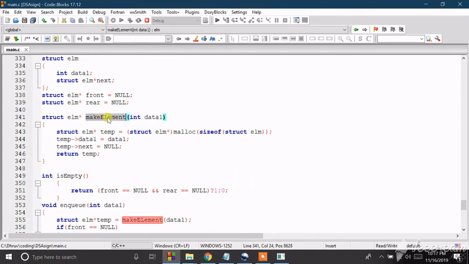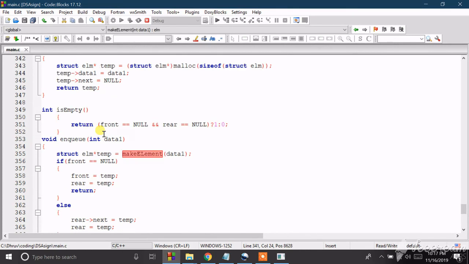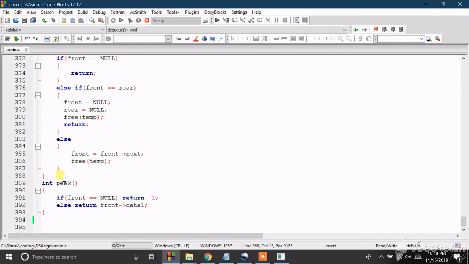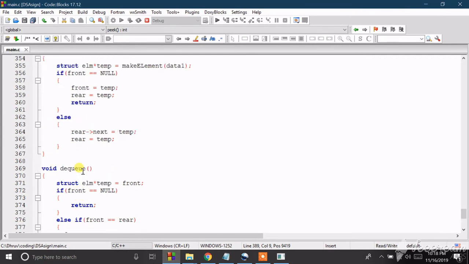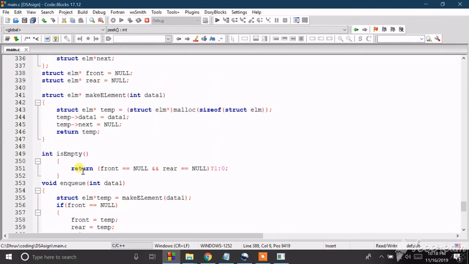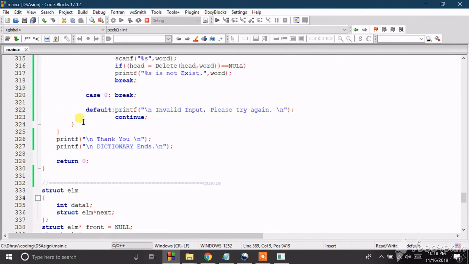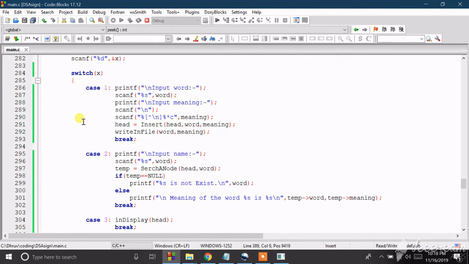It has functions like make element, which allocates the memory to the node, is empty to check whether the queue is empty or not, enqueue to insert an element, dequeue to delete an element, and peek to show the element at the first position. The queue is a FIFO type data structure, which means first in first out, so it will insert at one end and delete from the first position.